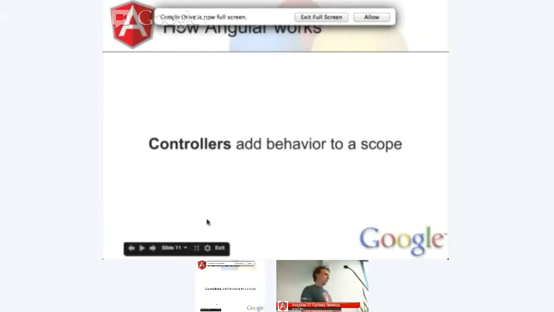Controllers, as I said, basically add behavior to a scope. When you create a controller in Angular, you might give it a method that says, display this variable, and this is callable from your HTML. So controllers add functionality on top of a scope that would not normally be there. And for the data underlying this controller, in the JavaScript language, you would have the prototype methods on the controller, and whatever data is on your object would live in the scope. Again, more or less, but I'm trying to give you a conceptual working model for how these pieces fit together.